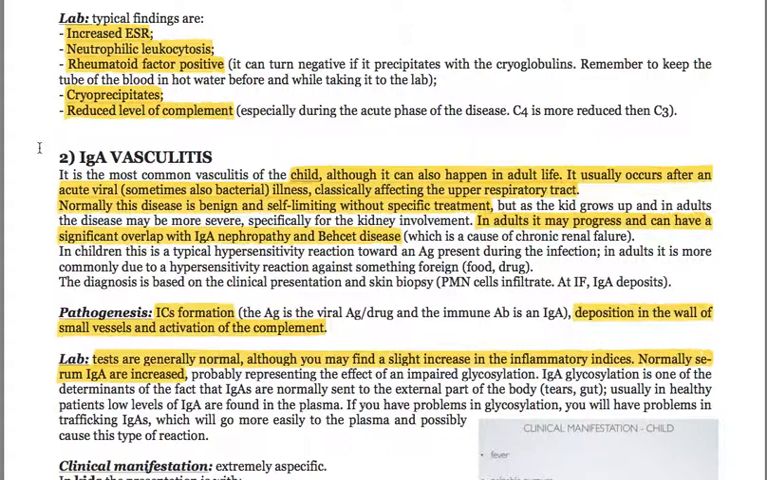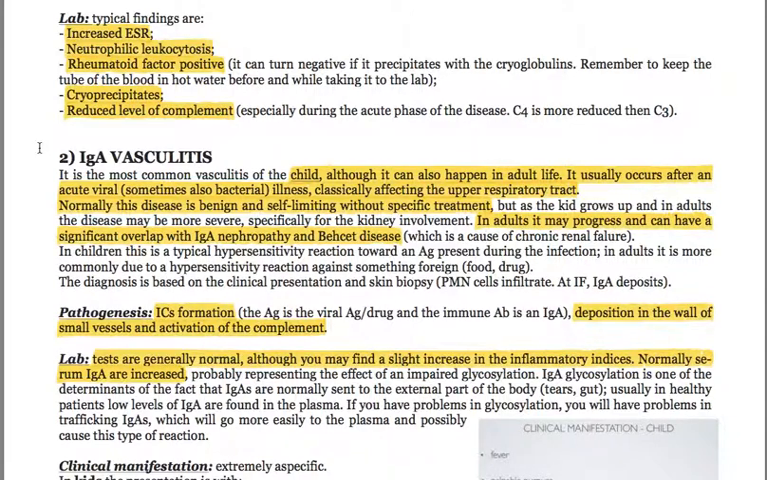C4 is more reduced than C3. We then also have IgA vasculitis, which is the most common vasculitis of the child, although it can also happen in adult life. It usually occurs after an acute viral, sometimes also bacterial illness, classically affecting the upper respiratory tract. Normally this disease is benign and self-limiting without specific treatment, but as the kid grows up and in adults, the